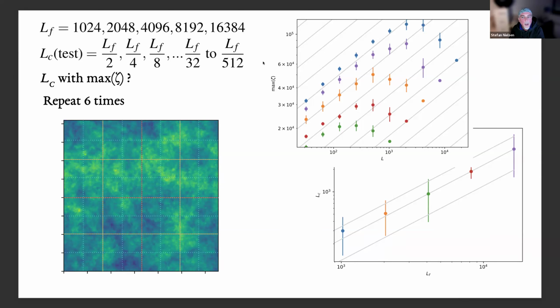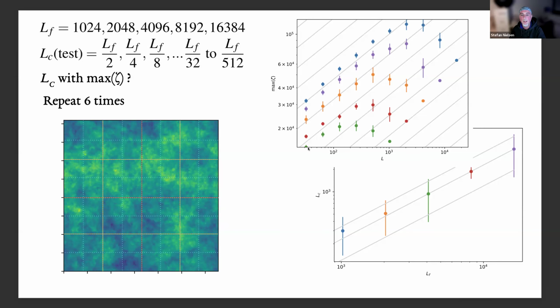So then I repeated the whole process 6 times, and every time I asked the question, within these subsectors of the fault, I'm going to look at the value of zeta and see if it's bigger than 1 or not. And I'm going to draw out the value that is the biggest in all the cases. So the value with the biggest zeta is the value that is more likely to fail from the energy point of view. So a combination of high stress and larger failure patch, okay? And I plotted those values for each of the 5 dimensions of the fault, and this is what I get.